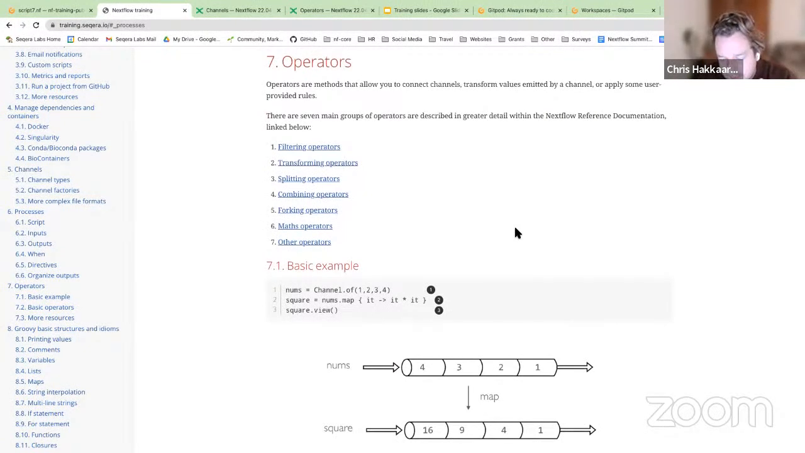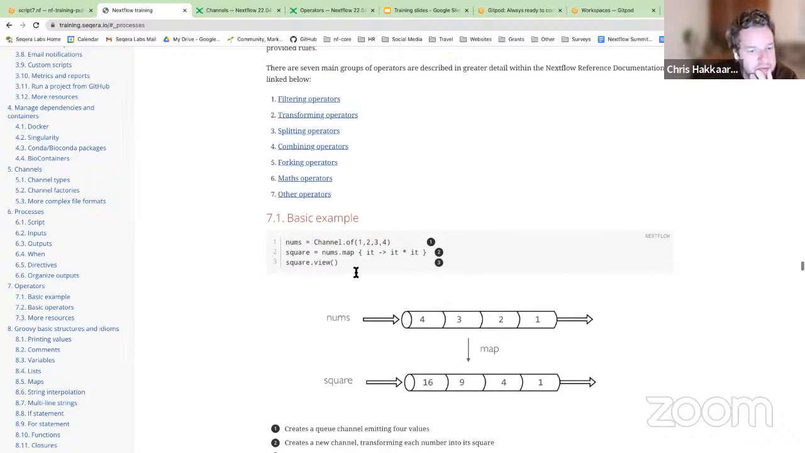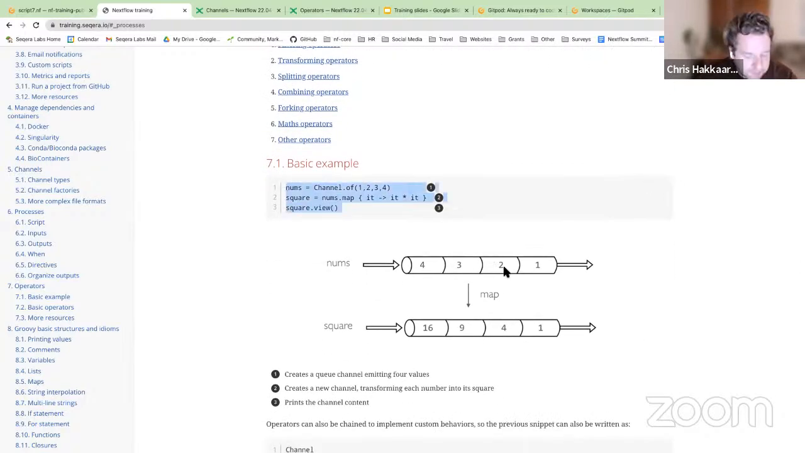So probably the hardest concept to grasp when learning Nextflow is operators. Operators are really used to manipulate and control what's happening with your channels and where different parts are going. But there are also a lot of options which you might not realize, in terms of using maths operators to control or change numbers as a part of those channels. So as a basic example,